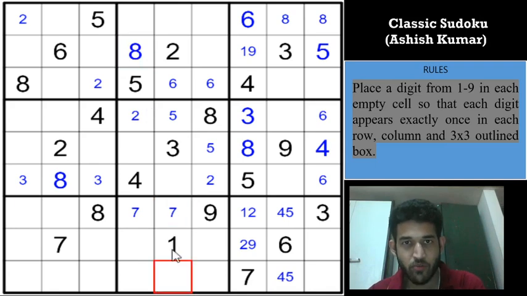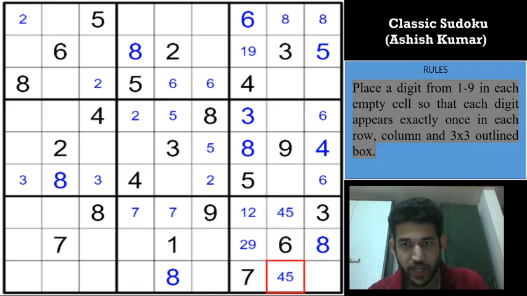And that gives 8 in one of these two cells in column 5, and because of this 8 we can remove the 8 from here, and this will be an 8 now, and that gives us an 8 in box 9. Great. A really pleasing start to the Sudoku, which means that this cell cannot be 3, 6, 7, 8,